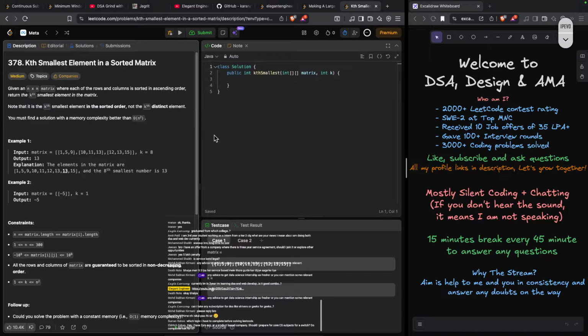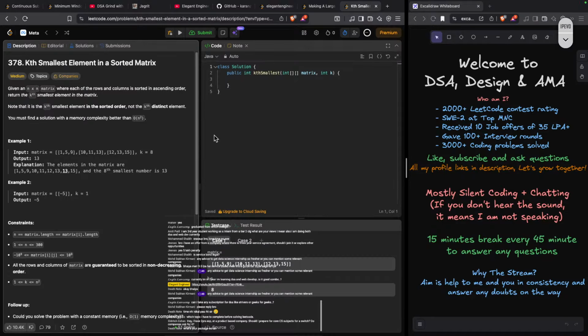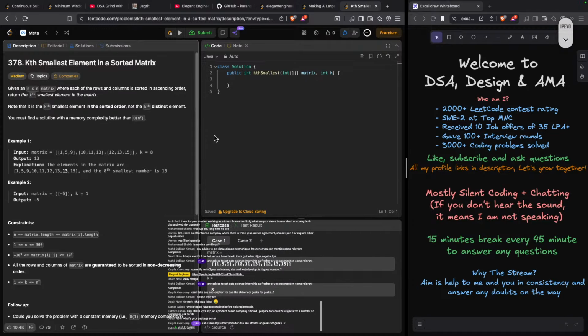So given an n cross n matrix, each row is sorted, find the kth smallest element, right? You can start: the smallest element is always on the top, right? The element on the left is smaller. The element below is smaller, right? All the elements to the left are smaller. Smallest element is always